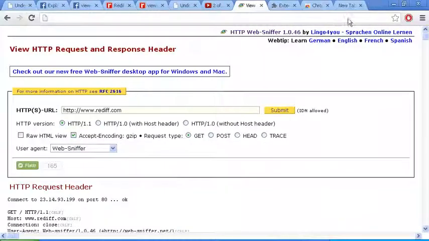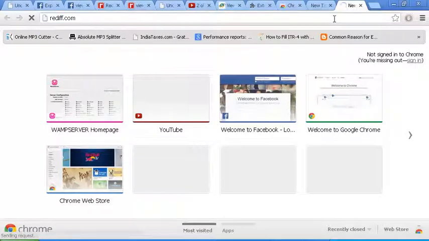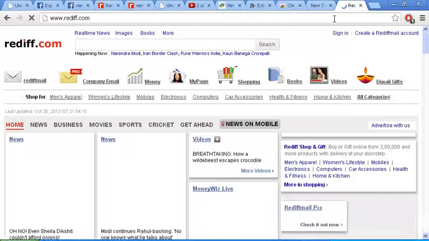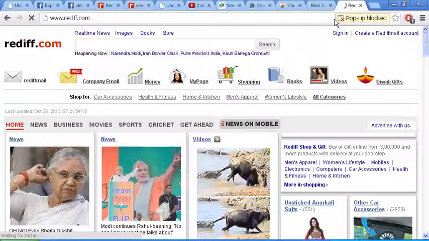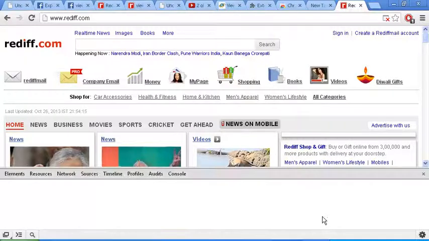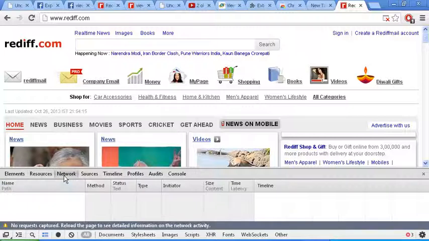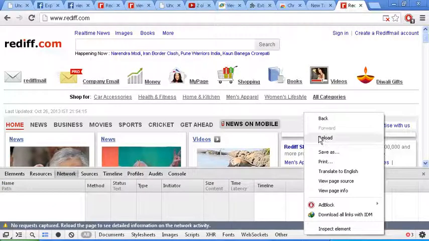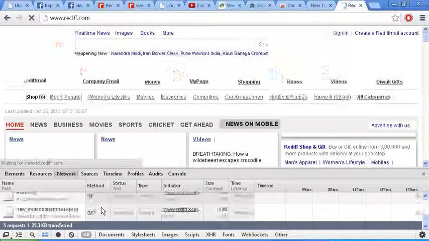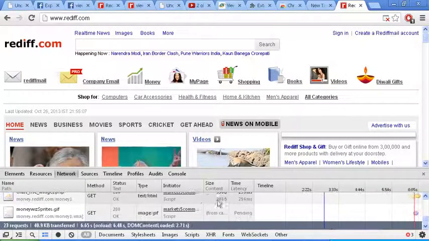So the entire thing which happens is like this: I type rediff.com inside Google Chrome. Right now it's getting communicated to Apache. It's already identified the server, and you can see the page has already loaded. As the page loads, if you look at the inspect element inside Google Chrome, you will see a lot of GET requests which are actually going. So let me just reload this and you will see that this GET request is trying to bring in from the server the various scripts and everything which has been written along with it,